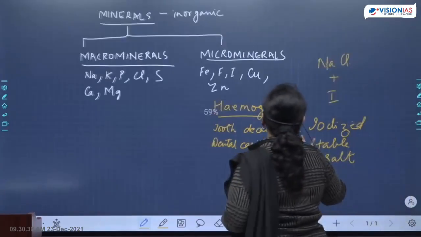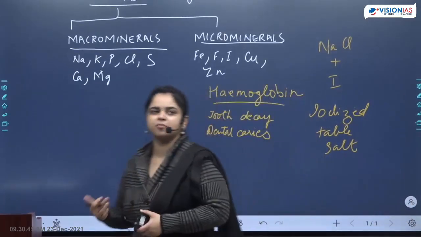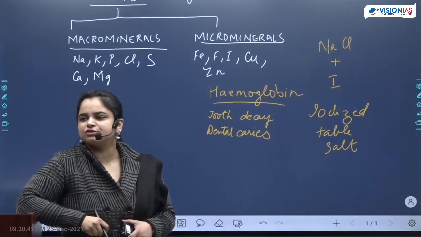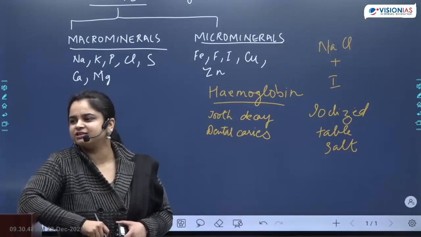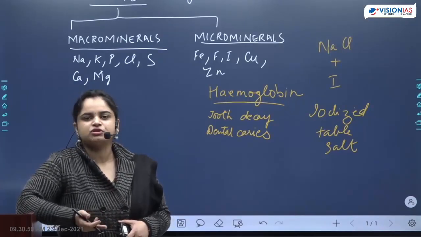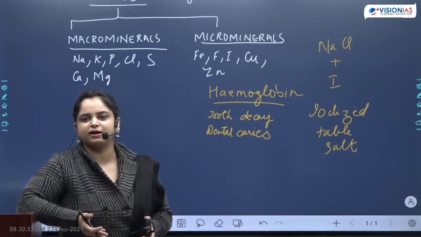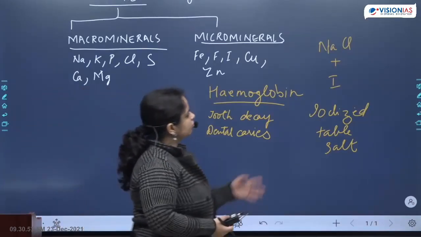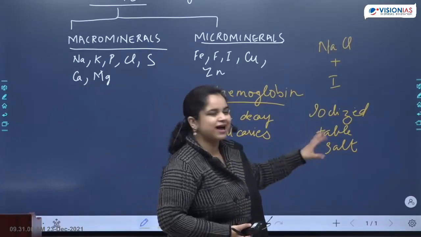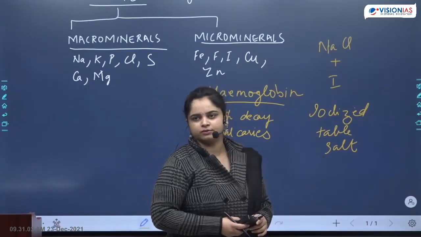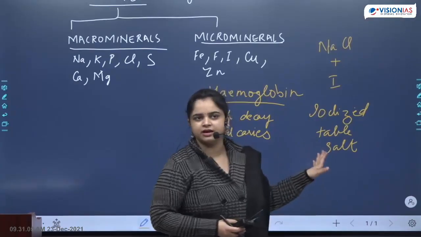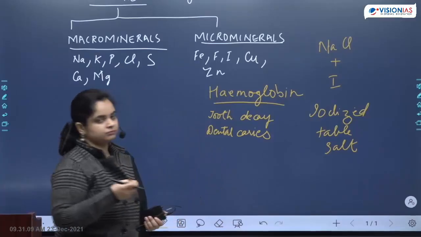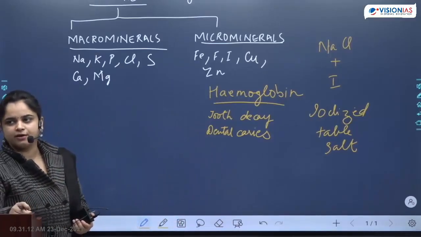Why we need to do this is because otherwise we do not have any prominent sources of iodine, and iodine is very important. The only other source which is going to give you iodine is seafood. And for most people, seafood is not a predominant part of their diet, for the majority of the population if you talk about India. So what we thought was we could add iodine to our salt. Okay. So first thing you write the source: iodized table salt.